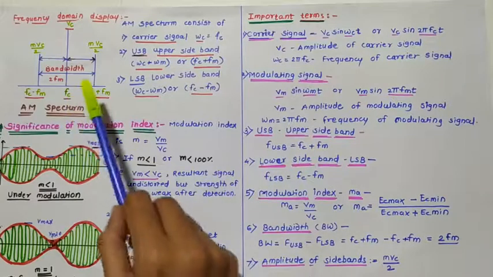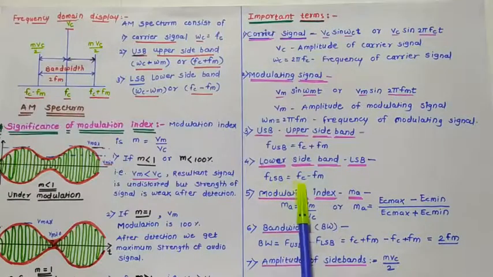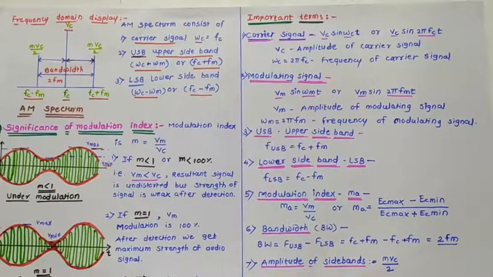But in case of lower sideband, the frequency of the modulating signal is subtracted from the frequency of the carrier. So this F LSB is equal to FC minus FM. Then